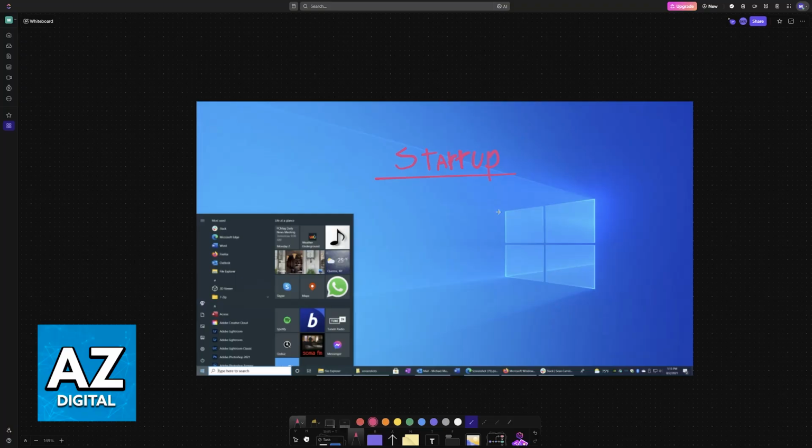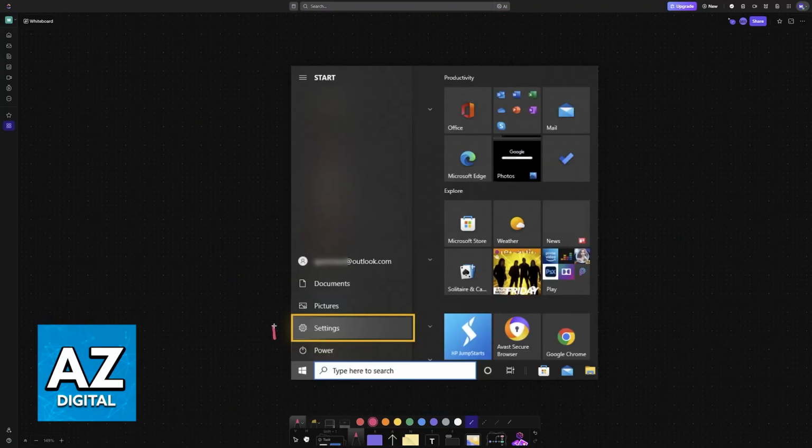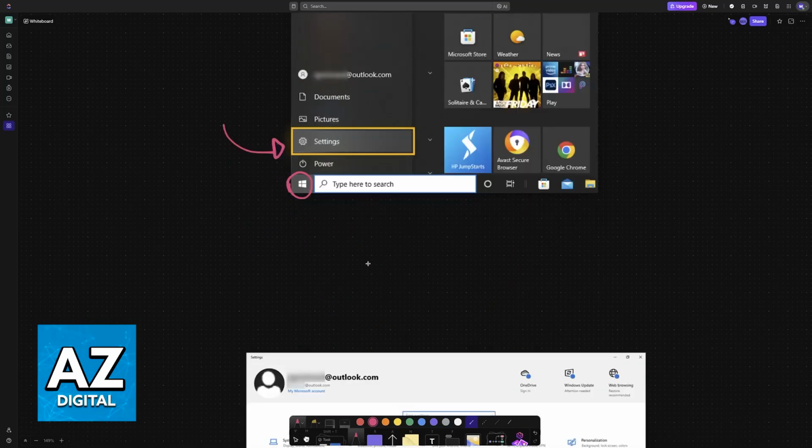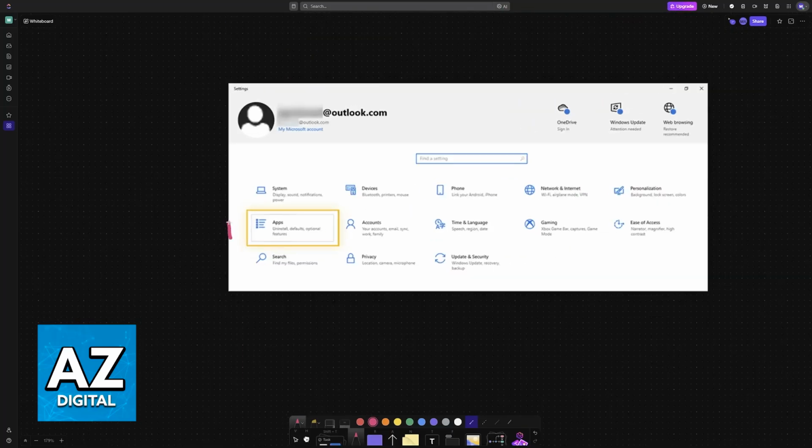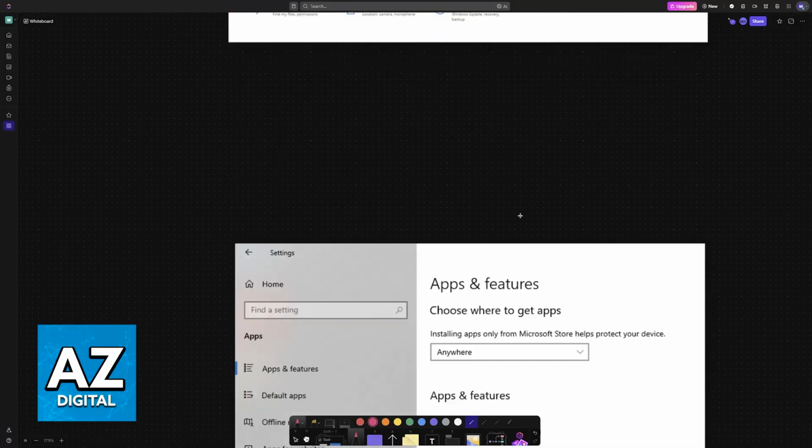By changing the startup apps, you will often increase the load times by disabling unnecessary applications or enabling other ones that you might need. So all that you have to do is head over to the settings. So for this first method, click on the Windows icon at the bottom left and then access the settings. Inside of the settings, go into the apps category. If you cannot see it here, just use the search function and look for apps.